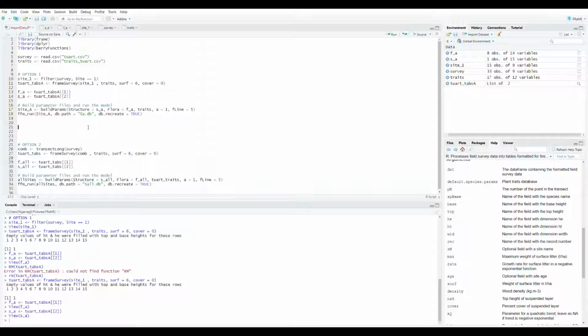The final stage is to build a parameter file to run the model and then run that model here with FFM run. So for the parameter file, we need to tell it the name of the structure table and the flora table, the name of the traits table, and which record we are using. And we're also going to give it the length of the fire line. This influences fire behavior, as very short fire lines can reduce rates of spread and flame heights. So if you run that,